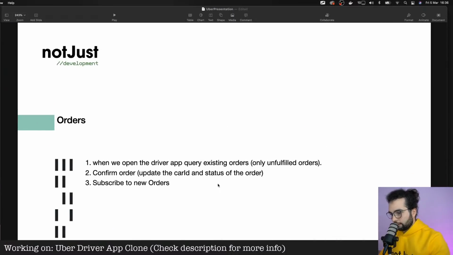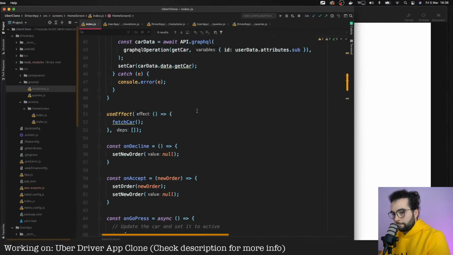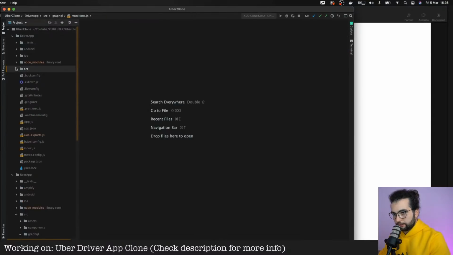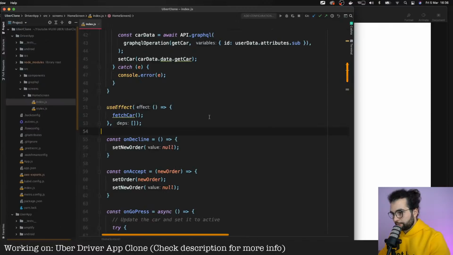So what is the plan? When we open the driver app, query existing orders, and also filter to query only new orders. That's going to happen here, in the driver application source, screens, home screen index.